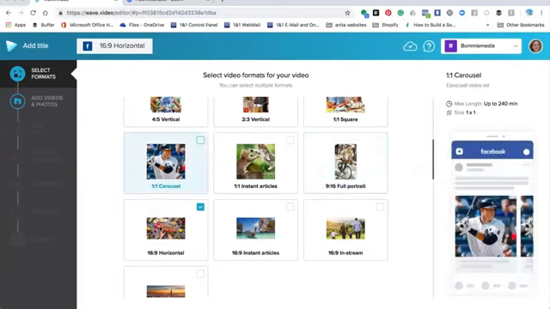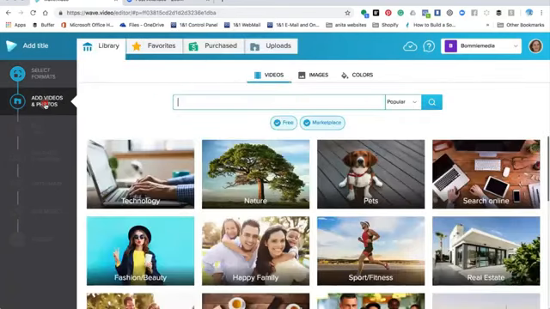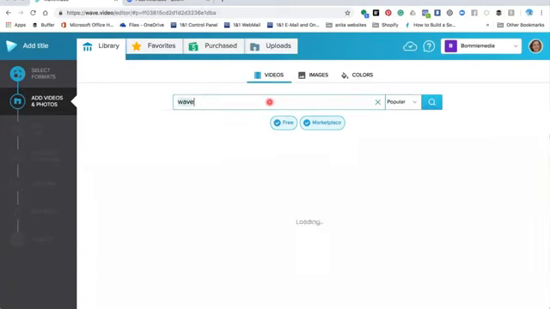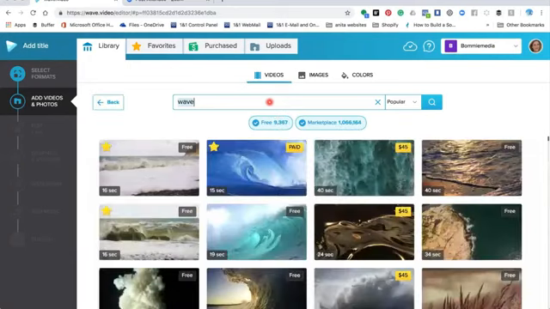Once you've chosen your style, you go to Add Video and Photos. Inside this area, you can have access to the free assets library or the paid for library, and this is for videos and for images. If you want to use a plain background colour, you can also choose that as well. Once you've decided what video you want to use, you can search it using a keyword. Once you're happy, you can view the video or the image by hovering over the top, or you can click